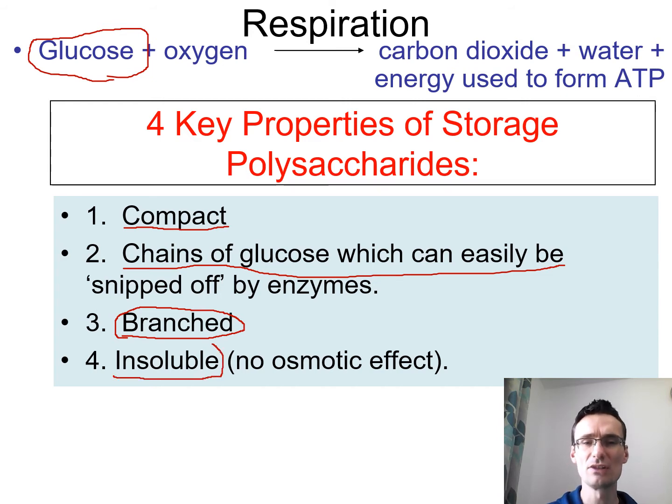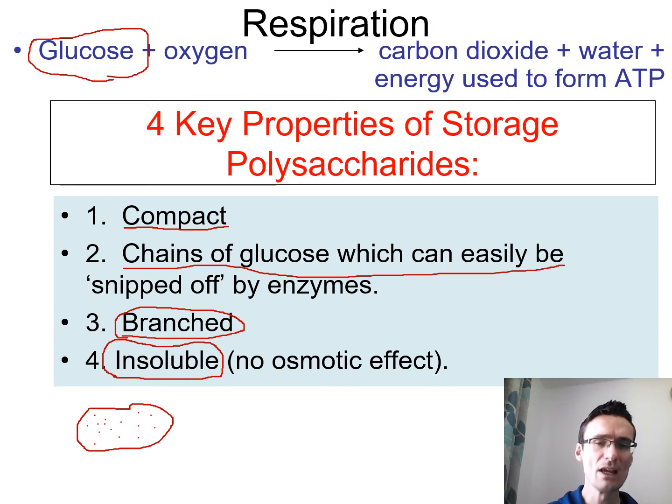So insoluble means it doesn't dissolve, and you might know that from GCSE for starch and for glycogen, because you needed to know they're insoluble then. But the reason that it's so important is that if it was soluble, if it was in a cell, and we had such a high amount of glucose, so let's say all these glucose molecules were in the cell and they weren't combined, and they were just individual glucose molecules, what that would do is it would lower the osmotic water potential, and as a result water would rush into the cell due to osmosis happening from a high water potential to a low water potential,